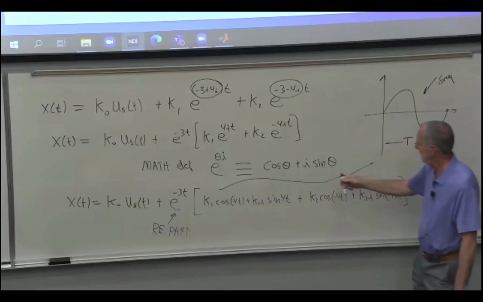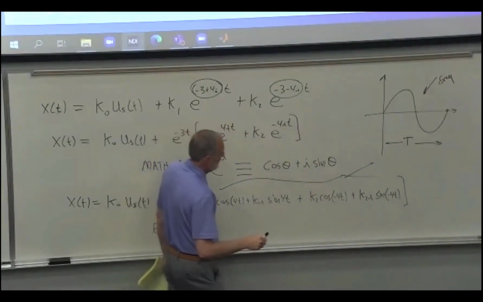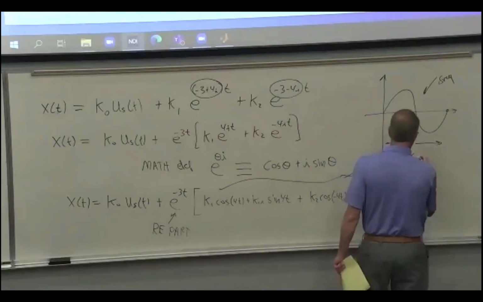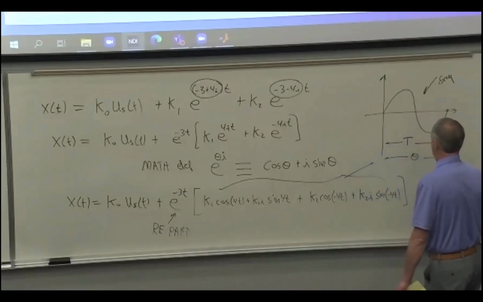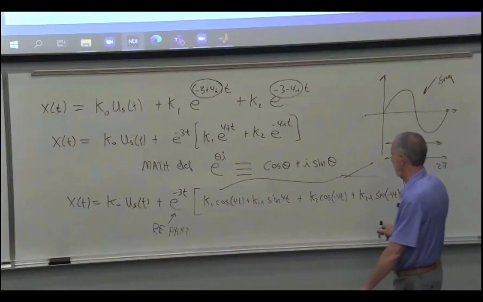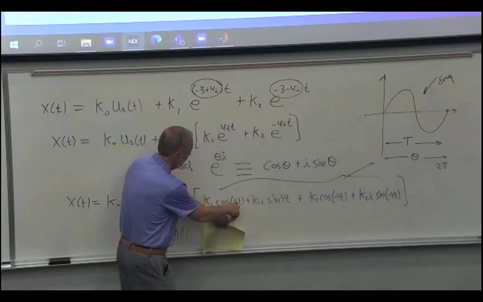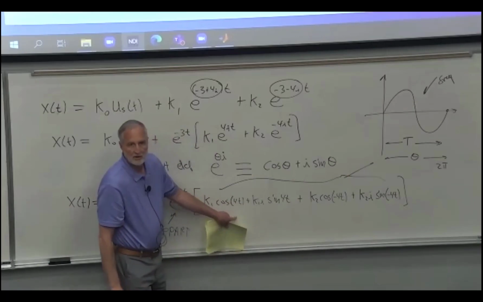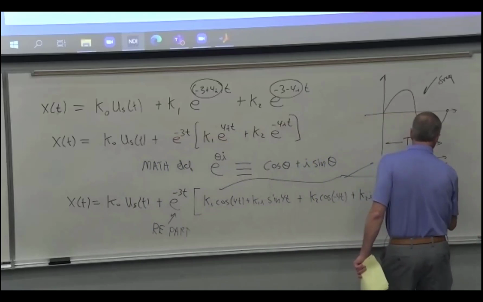The frequency comes from this number that multiplies t. So in one period, theta goes from 0 to 2 pi. Because the sine and cosine are of angles, right? So what that means is that this number here is radians per second because what's inside the parentheses has to be an angle. So 4 is the frequency